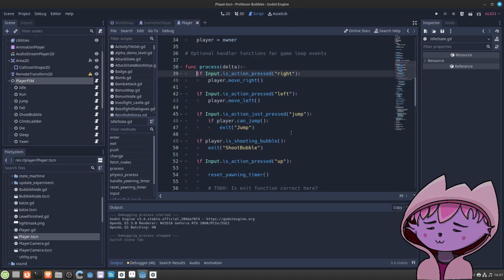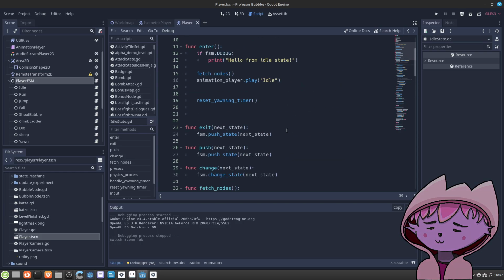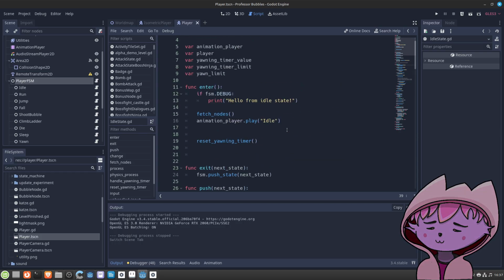I think it would be completely alright to have the animations done like they are done in this state machine. We have an enter function, and then the animation player says play idle.